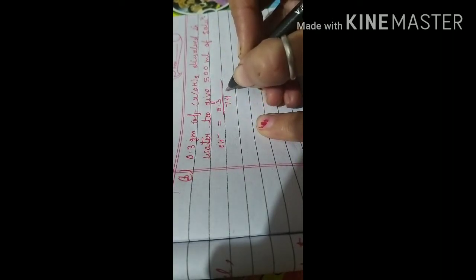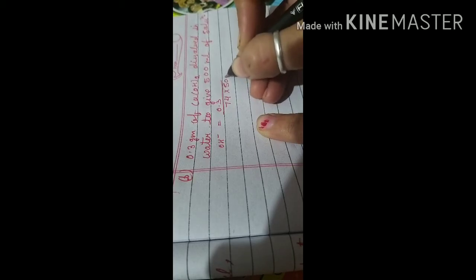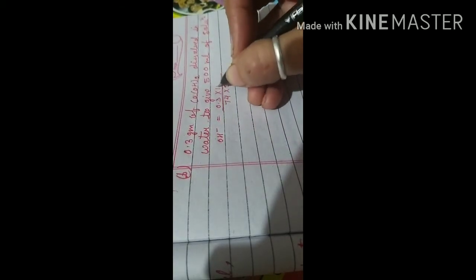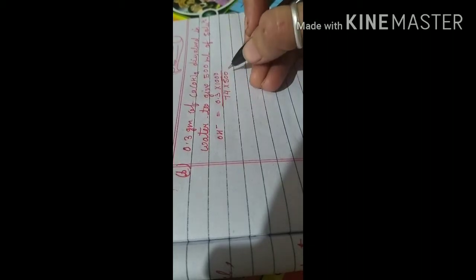Now volume, it is given 500 milliliters, so it should be converted into liters, so it should be divided by 1000. So here I am writing it multiplied by 1000 here. Okay, so when you solve it, you will get the OH ion concentration, and that value will come out nearly 1.66, 8.11. Whatever the value comes, you have to solve it.